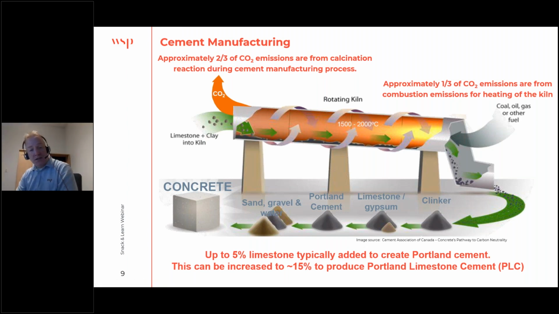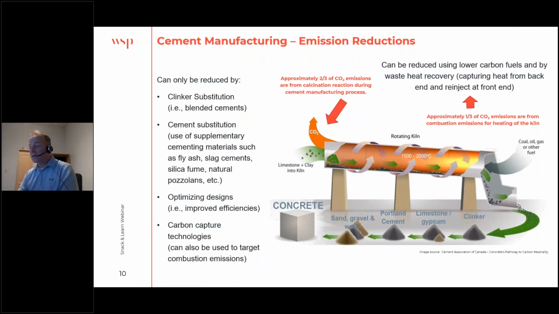And what we're seeing in the last number of years is the introduction of limestone into that process to be interground with the clinker to reduce the amount of clinker that's actually in the Portland cement. So there are some immediate reductions that are occurring today in the cement manufacturing process. But of that, to reduce the amount of cement that's consumed and to reduce the amount of emissions that are a result of the cement manufacturing process,